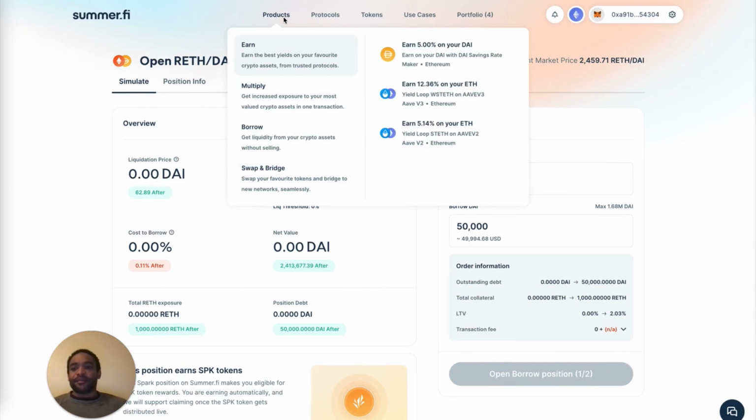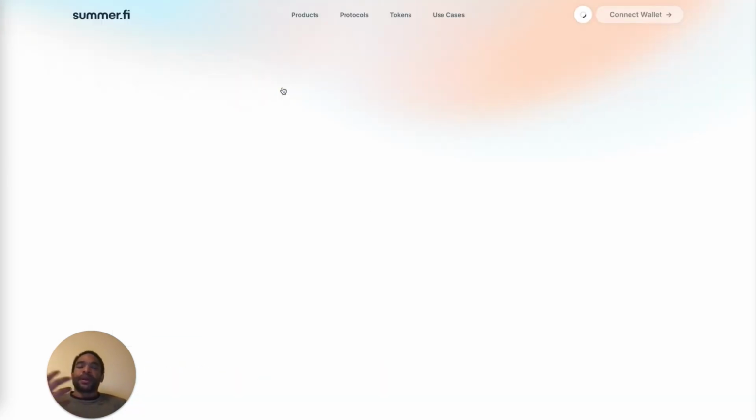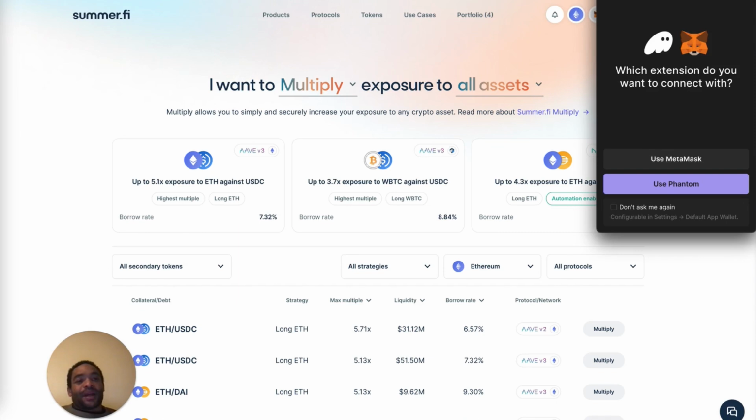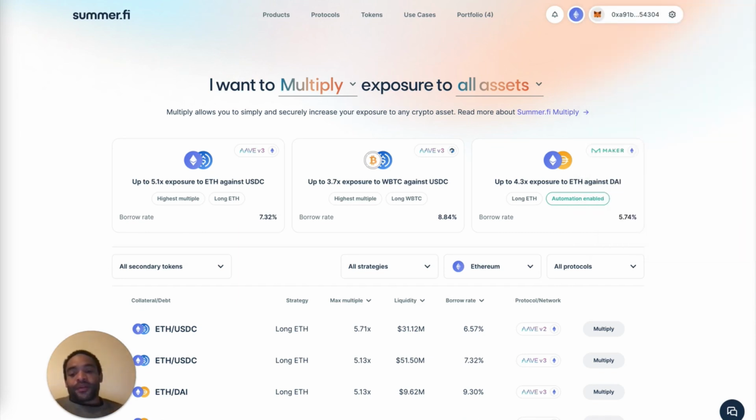So the last category is this notion of multiplying. I leave this one for last because in a lot of ways it can be sort of the most risk-seeking strategy, which is to say the situation here is the same as a lot of the others. So you have crypto assets in your wallet, ETH, Rocket Pool ETH, Staked ETH, Wrapped ETH, something like that. And instead of like Earn, where you probably want to compound your crypto in a really predictable or a somewhat linear way,